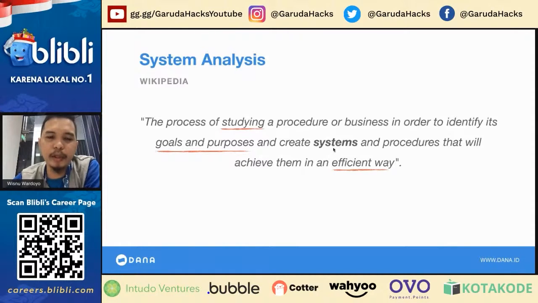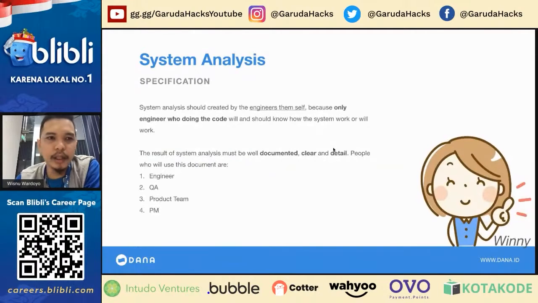This system analysis will cover only the system, not the whole architecture, right? System means application. If you create one application, that means it's a system, right? It's different from architecture. With architecture, you have a system, multiple domains, infrastructure, and all the things you need to cover, including legal and etc. Right? So this is the system analysis.